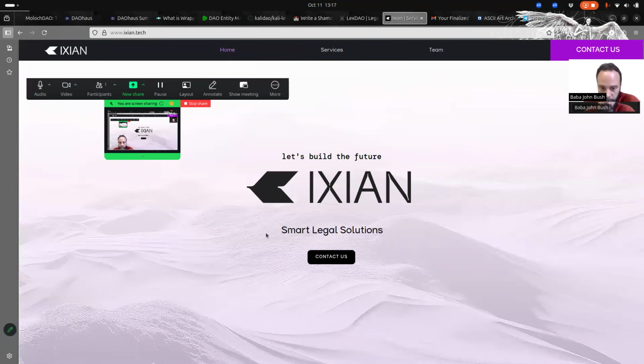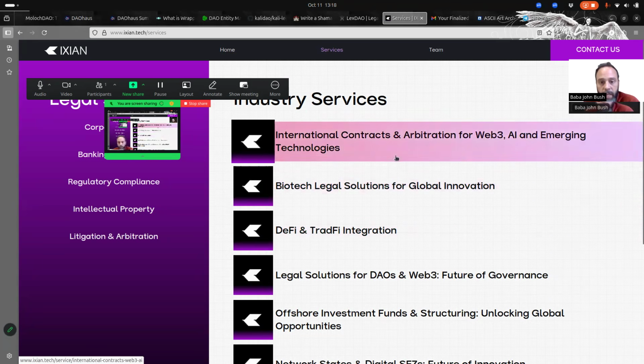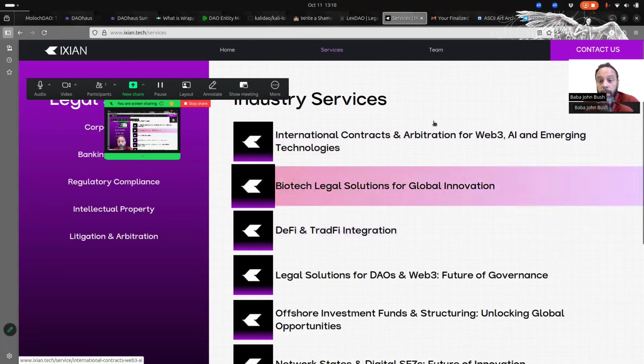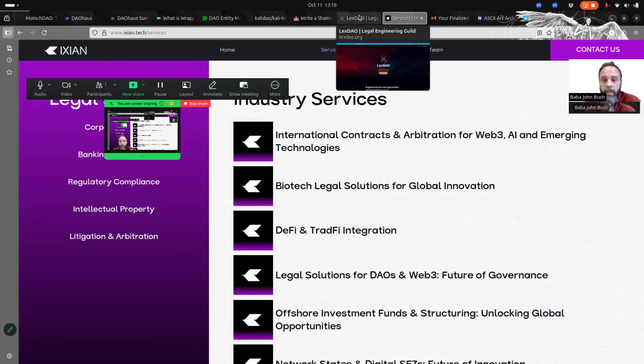group called Ixion. So these are lawyers that specialize in these new emerging tech legalities and legalese and property and treaties, and it's just a lot of stuff. But bottom line is, I am gaining proficiency as an attorney. I'm licensed under supervision in Texas at this time. But I really consider myself a legal engineer at this point. So what's a legal engineer? Well,